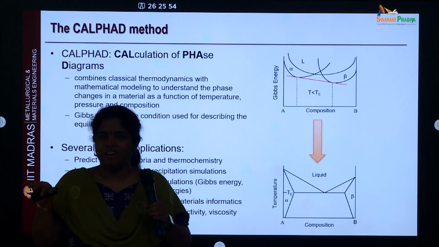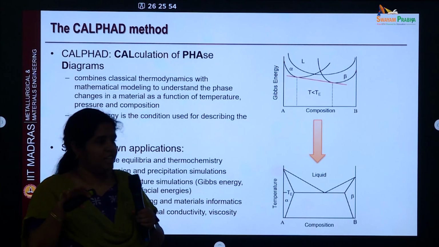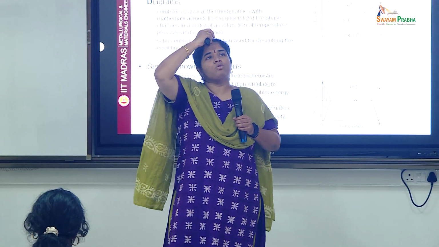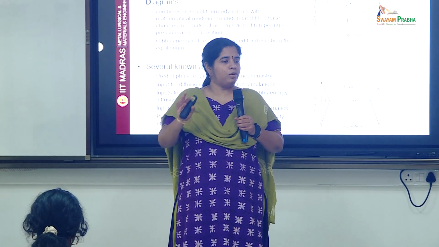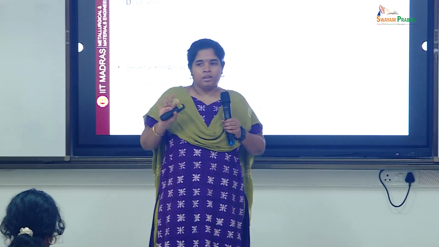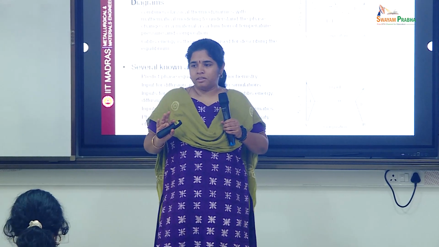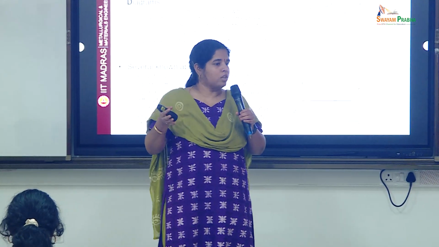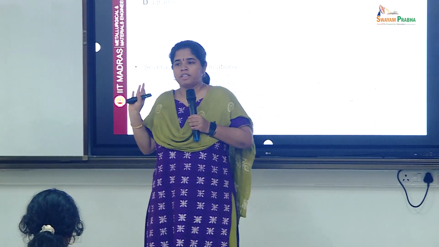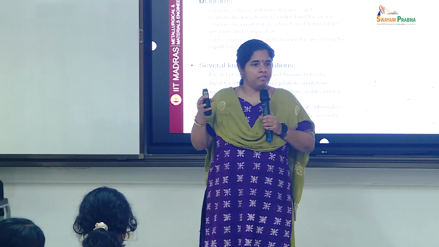Sorry? Forward and backward reaction, is it? So that is reaction equilibrium. When it comes to phase equilibrium, you have a product phase and a reactant phase when a chemical reaction happens. Now if we take it in terms of a microstructure, I showed a two-phase material, right? A bright phase and a dark phase.